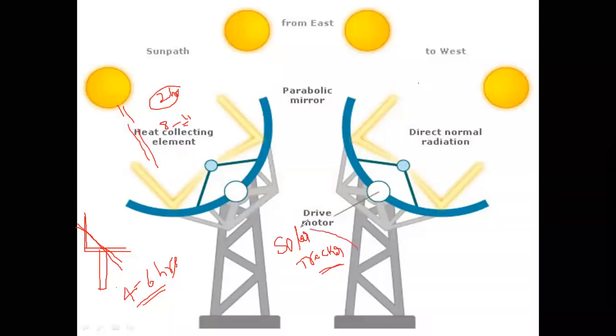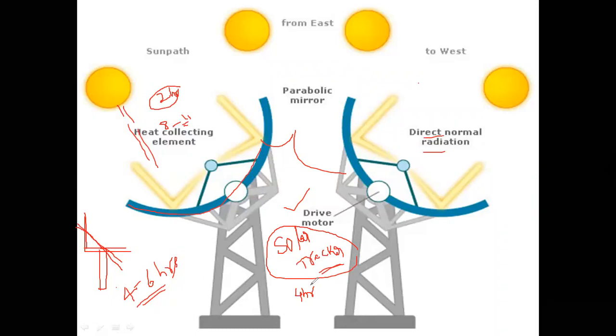Again, here some drawbacks are there. In this, the driver motor, that is nothing but an induction motor, is used. The sun rises in the east, and the PV panel is placed in this position. Slightly again it rotates in the afternoon. Again in the evening it rotates toward the west direction. That is the heat collecting element, the parabolic mirror, and the direct normal radiation. In this method, with the solar tracker, we are generating power for a maximum of 4 to 5 hours a day.